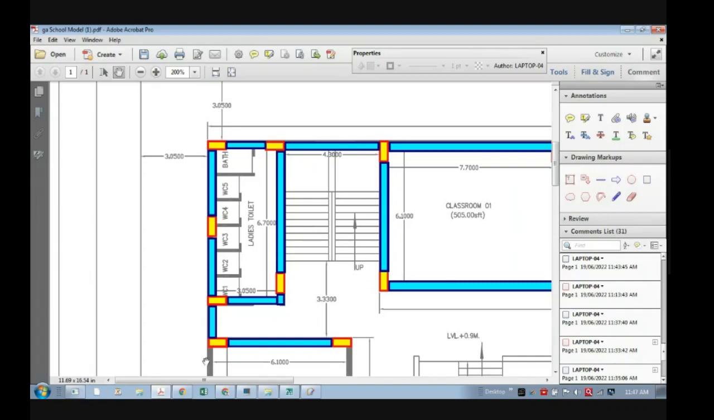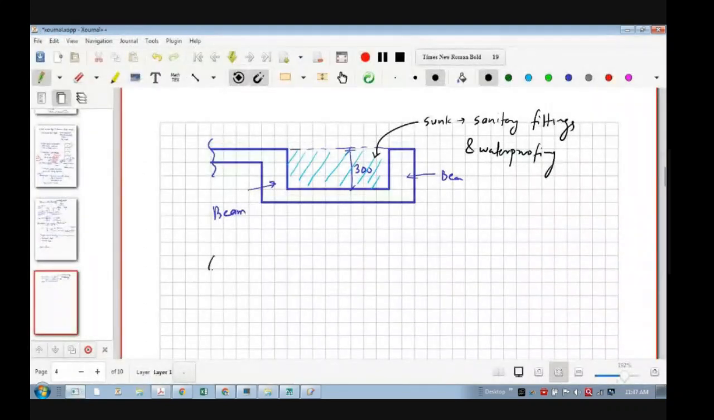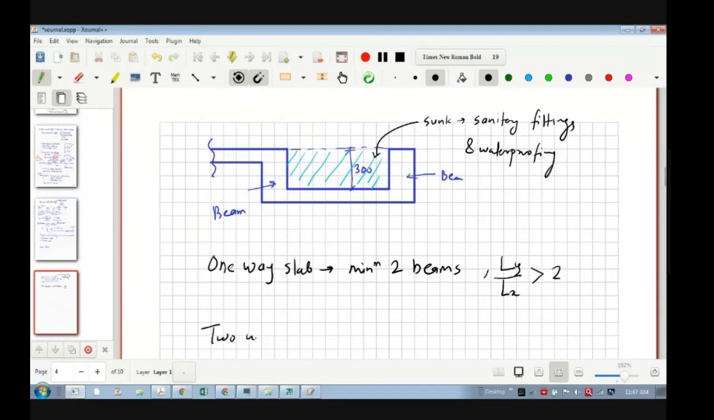So there are two criteria regarding one-way and two-way slab. One-way: in a one-way slab, there have to be a minimum of 2 beams, and Ly by Lx for a one-way slab is greater than 2. And for a two-way slab, there have to be a minimum of 4 beams in all directions. This is one criterion, and the second is Ly by Lx is